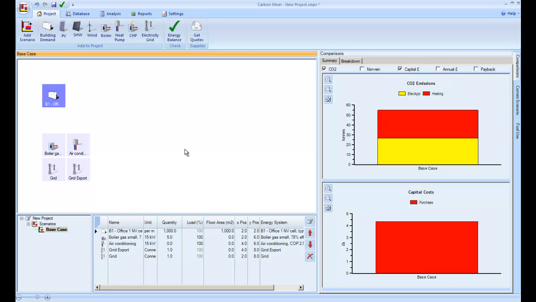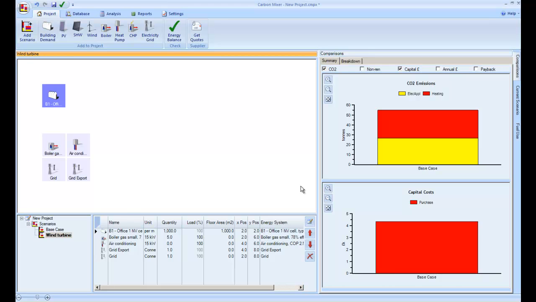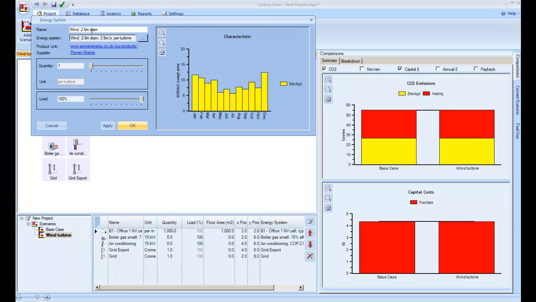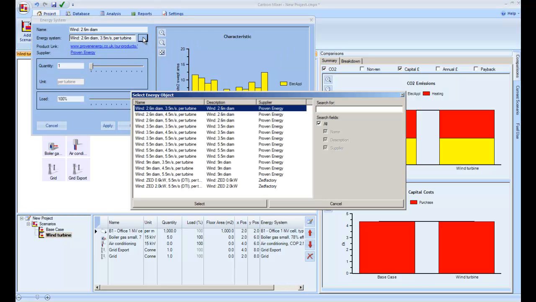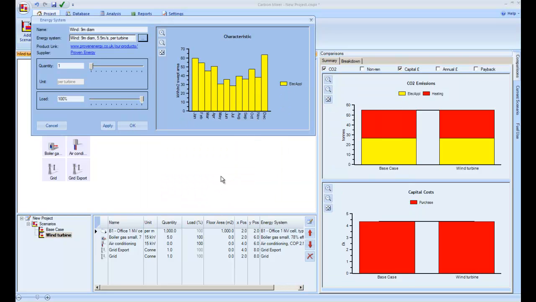So we'll use that as a base case, but now I'm going to add a scenario. I'm going to call this one wind turbine. Initially this is an identical copy, so let's add a wind turbine to this second scenario. I'm going to choose one from the database. Let's choose the largest one that's appropriate in an urban environment. That's a 9-metre diameter turbine, and we're assuming 5.5 meters per second wind speed, which is very good, about the best you could possibly expect in an urban environment. So we'll add that one,